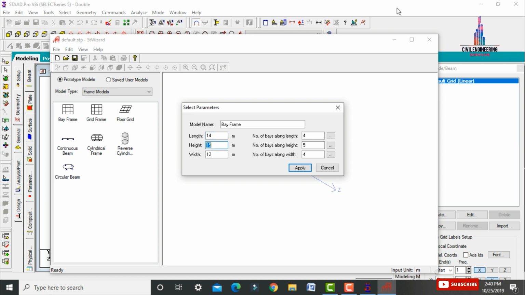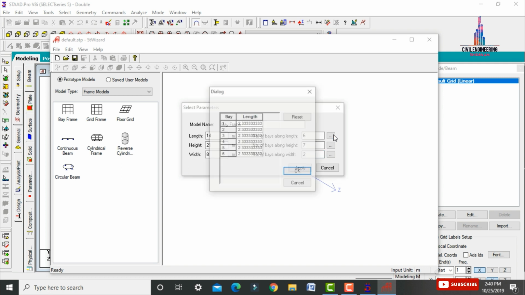The height is G plus 6 storeys, 7 slabs, 7 multiplied by 3 equals 21. The width of the building I am taking as 8. Number of bays along the length direction is 6, number of bays along the height direction is 7, and number of bays along the width direction is 2. After that click on these 3 dots.